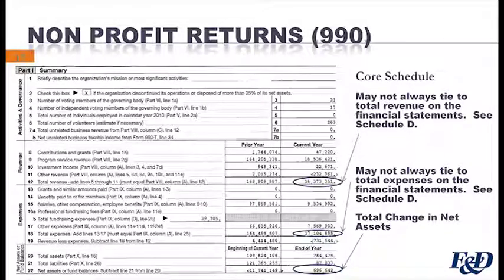Stepping aside for a minute from for-profit tax world, we come to the nonprofit Form 990. It's not necessarily known as a tax return. It's better known as an information return. The 990 is a key form for nonprofit organizations because it allows the organization to define itself and explain to the reader what its exempt purpose is, where the money is being spent, and it's used in soliciting donations or